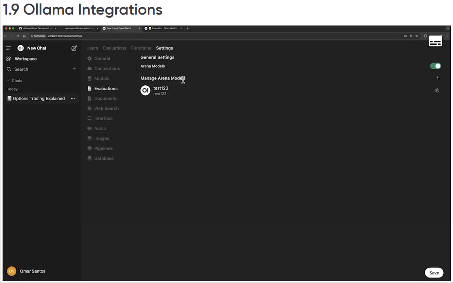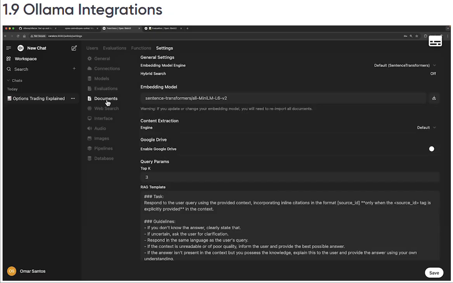And then, of course, now you have the ability for evaluating that model. And I'll show you that in a few minutes. You can also include different documents for a retrieval-augmented generation implementation. And we're going to talk about retrieval-augmented generation a little bit later in the course, but in very short, it's